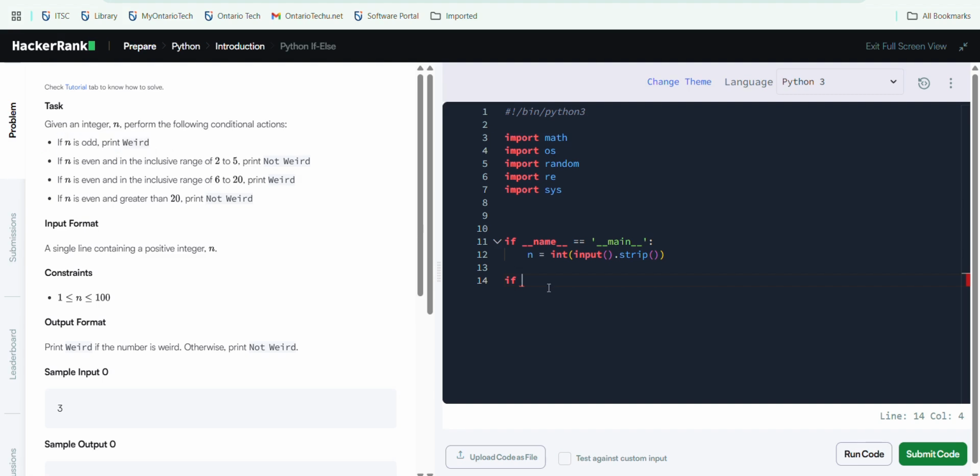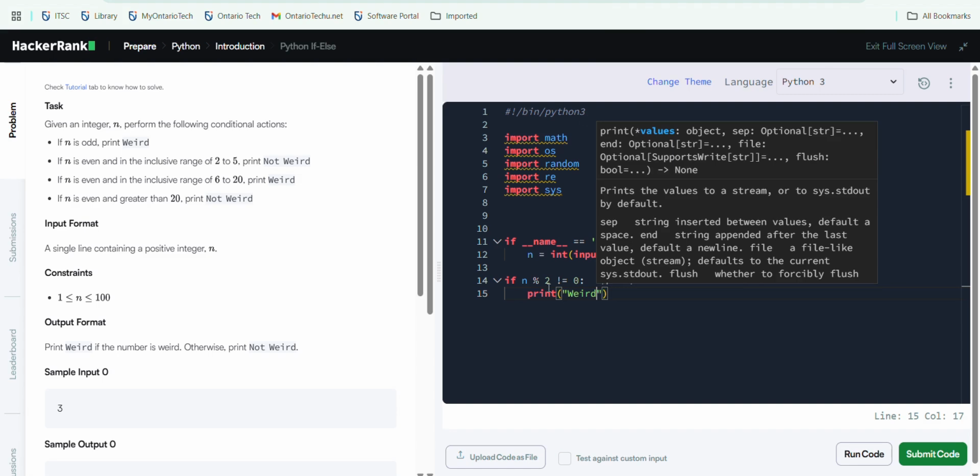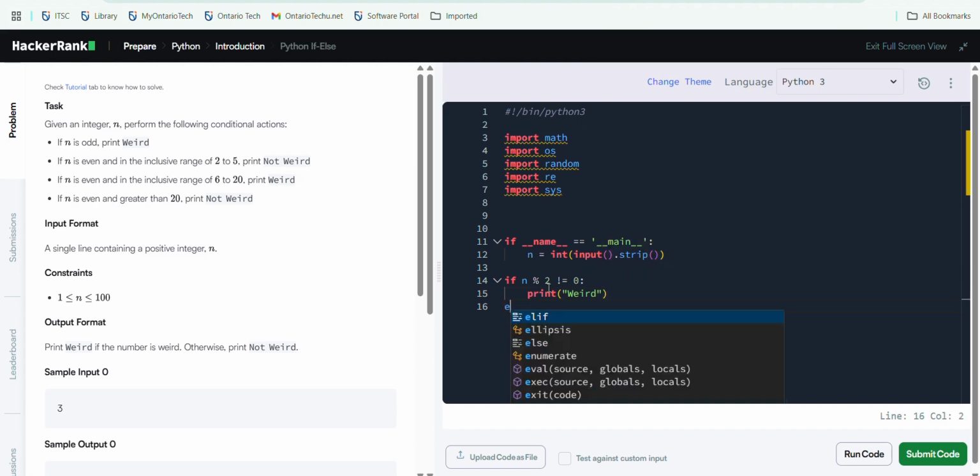It's simple: if n is odd, then print Weird. So if n % 2 not equals to 0, then print Weird. Elif, then n is even, so n % 2 double equals to 0,